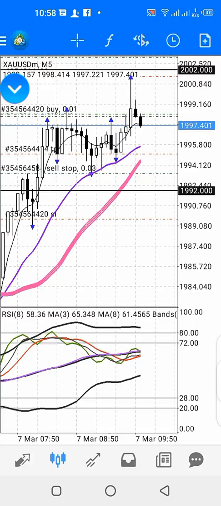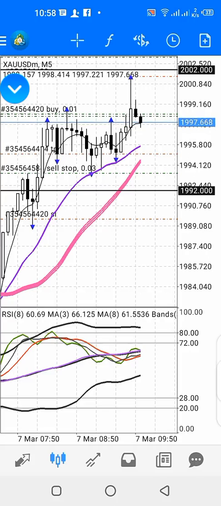Today we'll be looking at how you can trade XAUUSD with the ultra evasive Grail Edge strategy. Okay, on my screen I have the gold chart on a 5 minutes time frame,